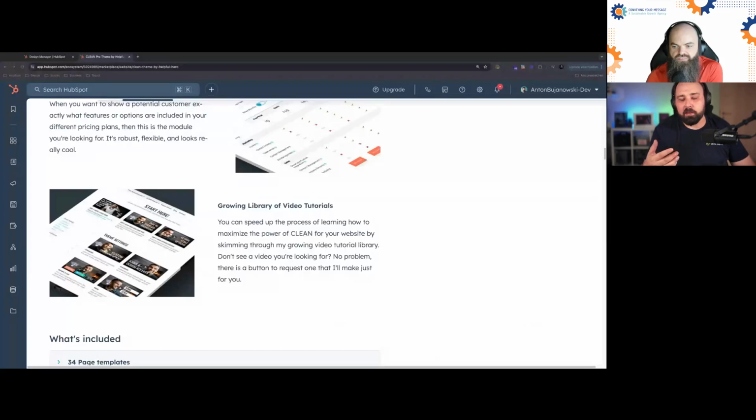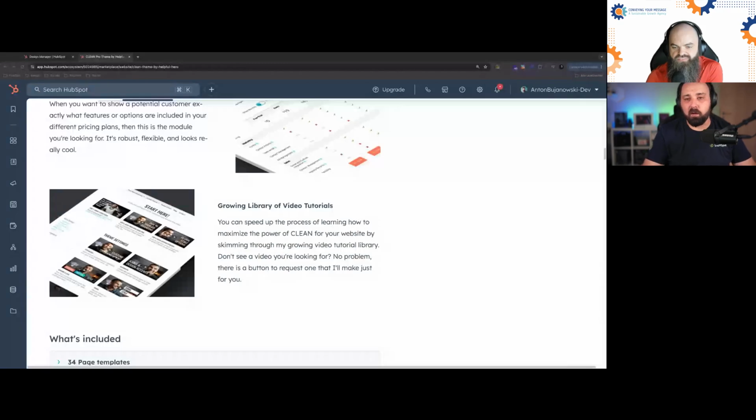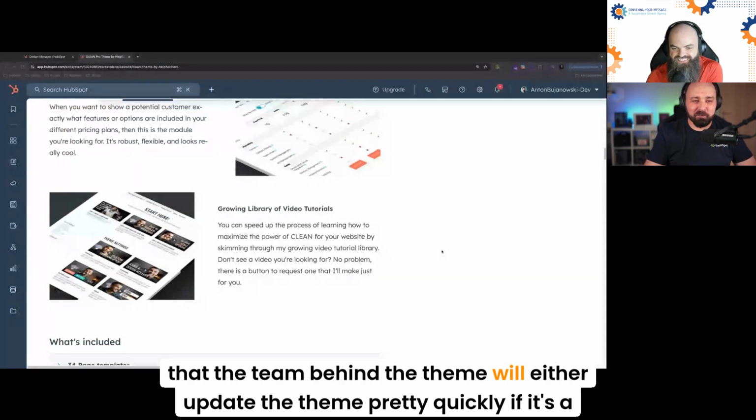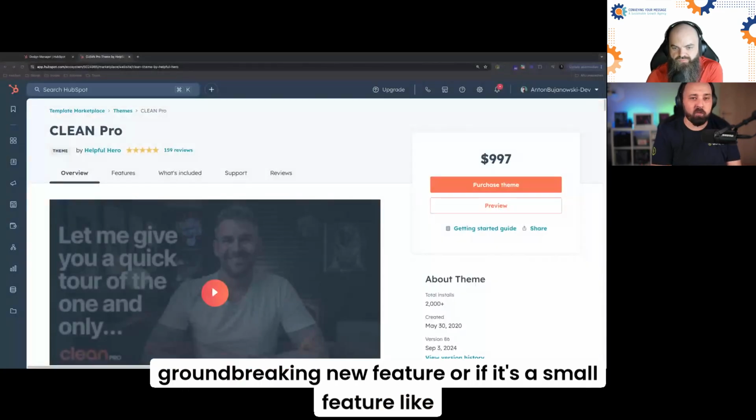And you can be sure that if you stick to a premium theme, a theme that you buy, the team behind the theme will either update the theme pretty quickly if it's a groundbreaking new feature, or